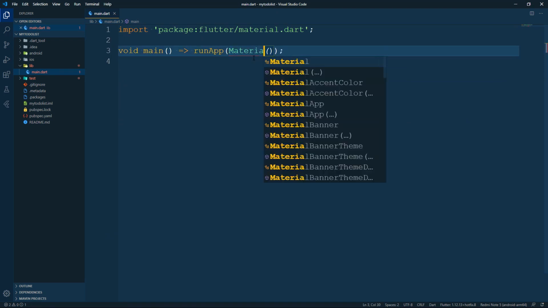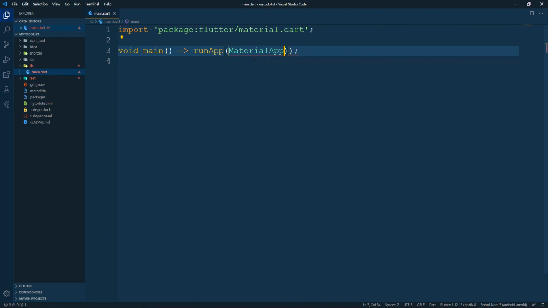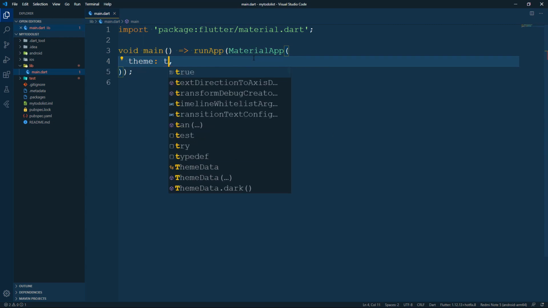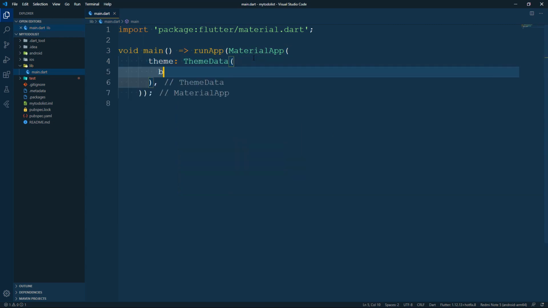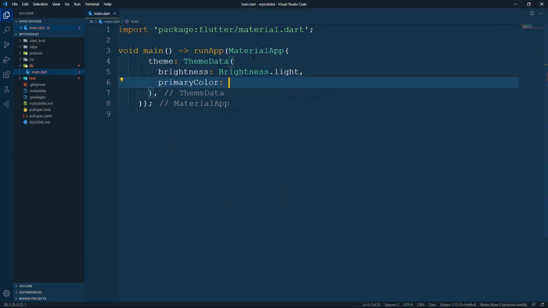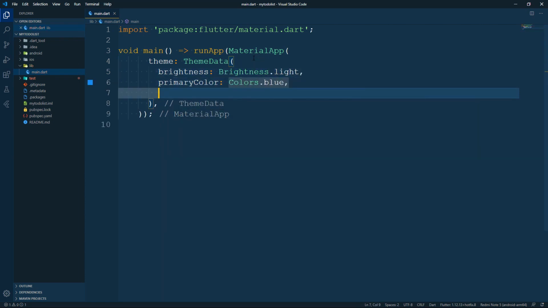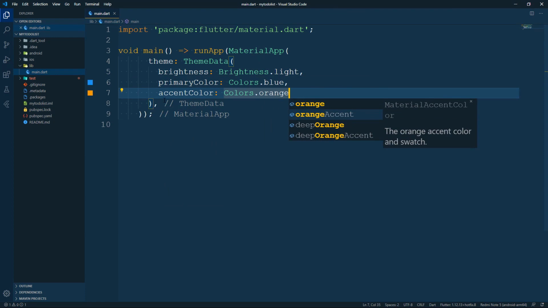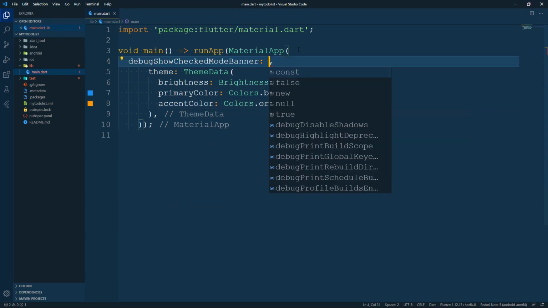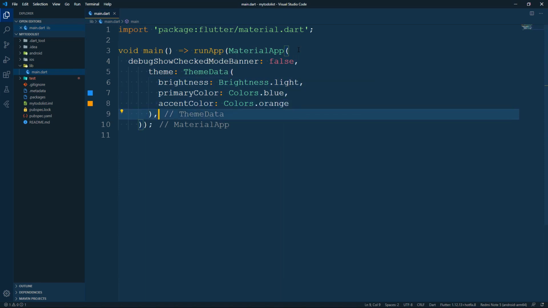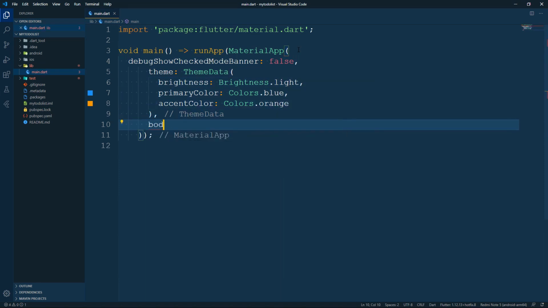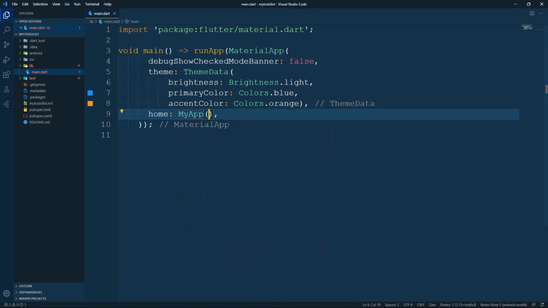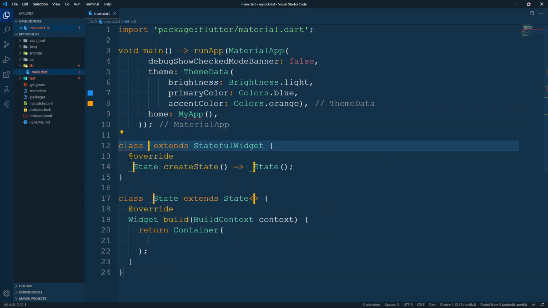And let's see, we say MaterialApp right here, and inside this we say theme and we say ThemeData, and inside this we say brightness light, primary color blue, and then accent color orange. Alright, and below this right here we say debugShowCheckedModeBanner false, and below this we say body, not body, home I mean, and we say MyApp, but we haven't yet created this, so we say stfl MyApp,